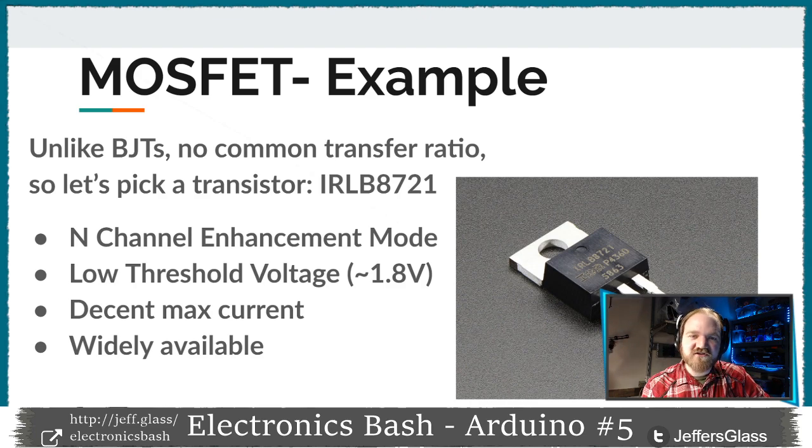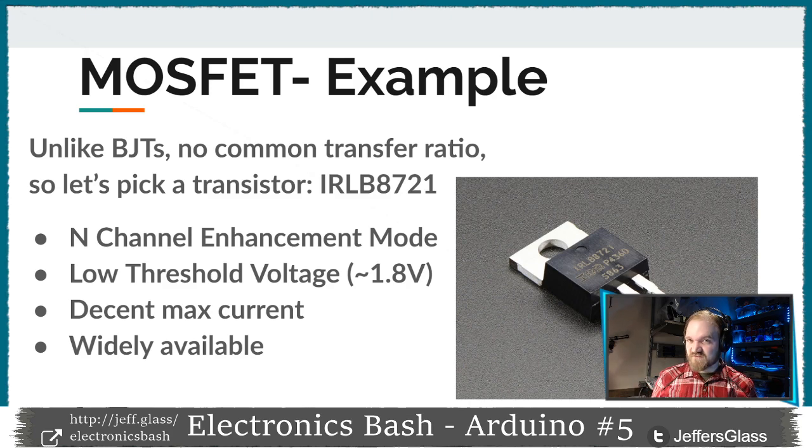This is a not bad one to choose. And it's one that's available on Adafruit and on SparkFun, the IRLB8721. It's an N-channel enhancement mode MOSFET like I've been working with. It has a deliberately low threshold voltage of 1.3 to 2.1 volts, I want to say, which makes it attractive